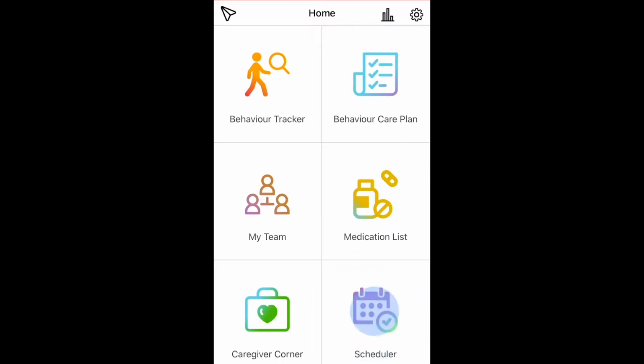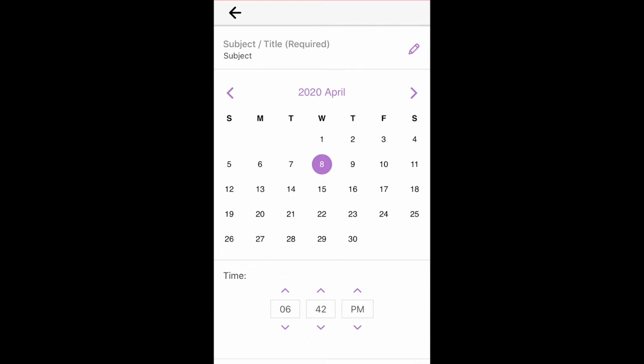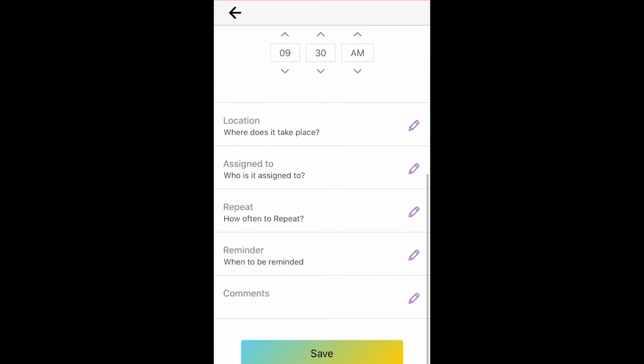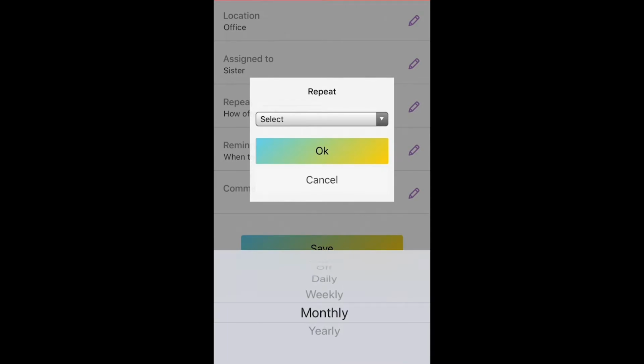Scheduler. This is a place to keep track of appointments and tasks. To update a task, you go into the date of the task or appointment and enter the information in the relevant fields by pressing the pencil icons on the right side. You can set the task to repeat itself and set a reminder to remind you of the task on your